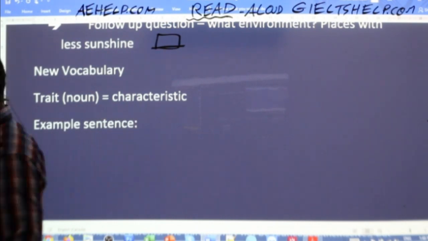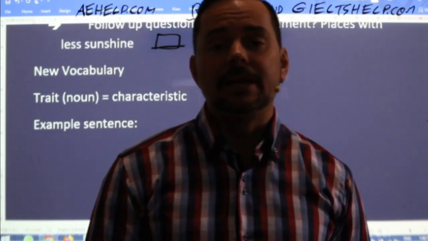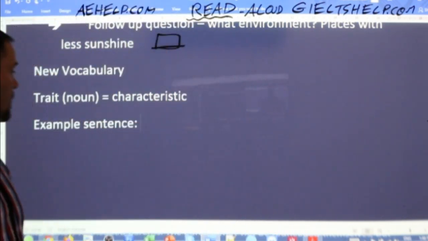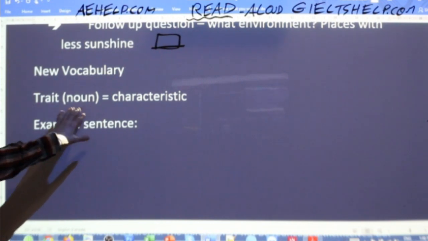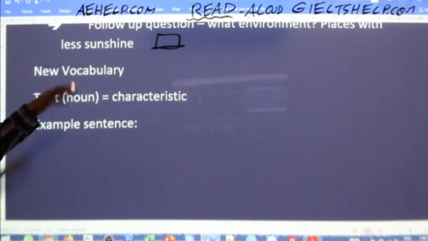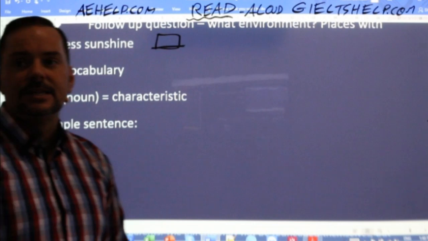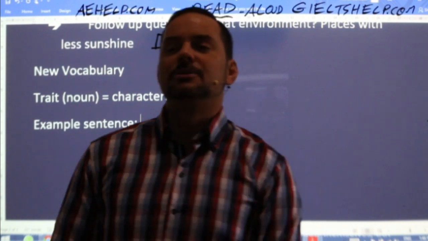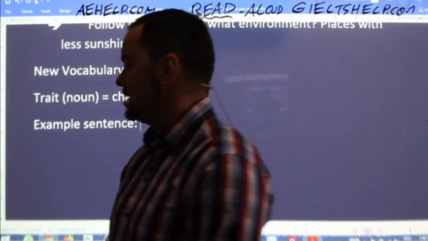And then you write an example sentence using the word trait. And let's see if some of our members know what has to be included in your example sentence. And this is very important, Rodrigo. You always want to write an example sentence using the new vocabulary. Never just write it down and then go, okay, I'll remember to review it later. No, you won't. You'll forget it. So, example sentence. And Rodrigo, maybe this is why you didn't remember it. Your example sentence should have this. What should it have? Okay, what should the example sentence have?